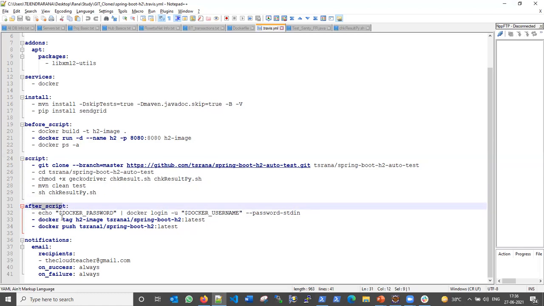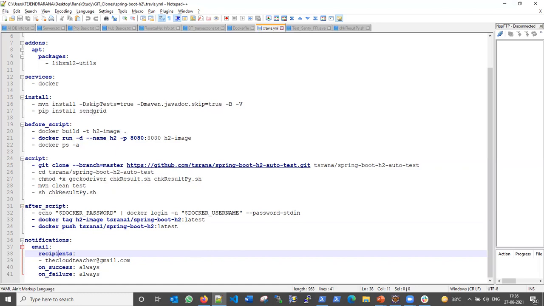In this after script, it logs into my Docker Hub and pushes the latest image which we have created into my Docker Hub account. And then the notification: Travis CI has an internal mail SMTP which can send the mail, but the limitation here is that Travis CI email cannot send an attachment.